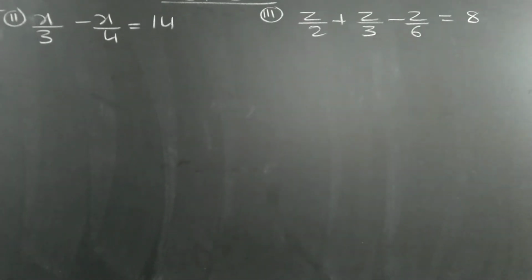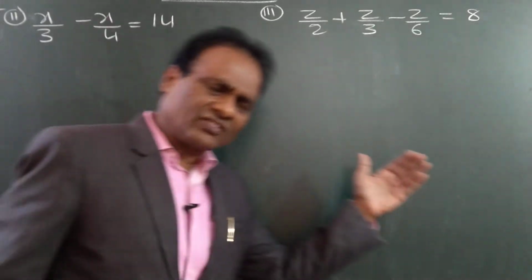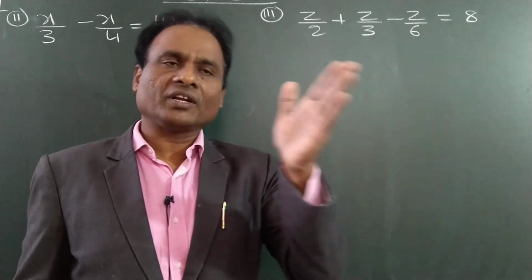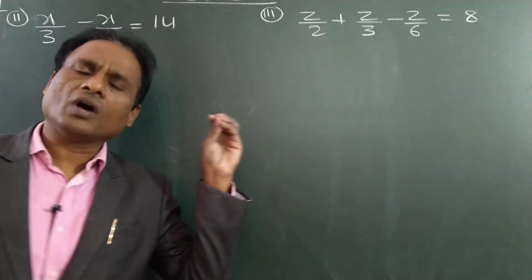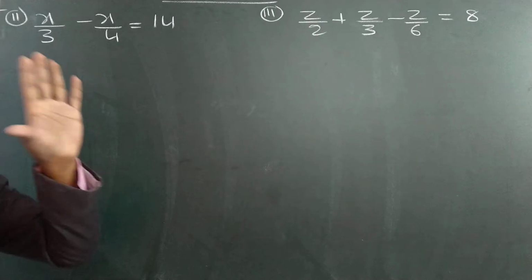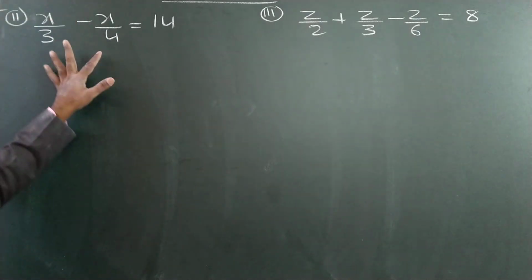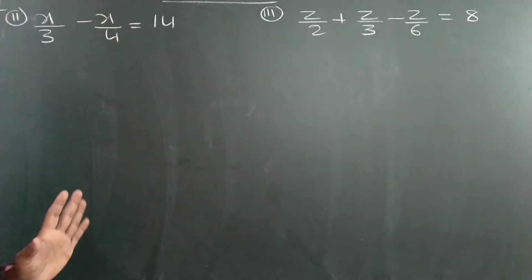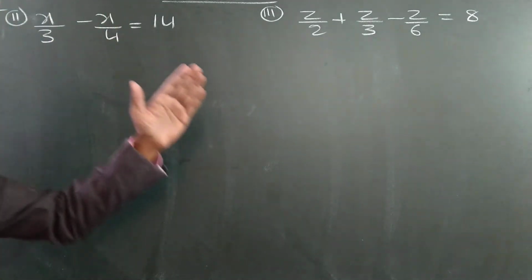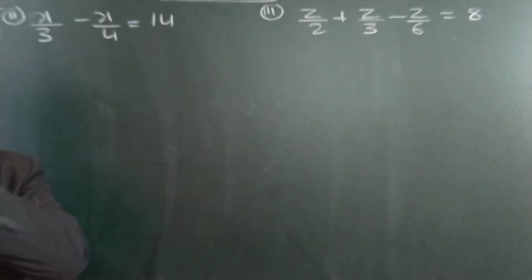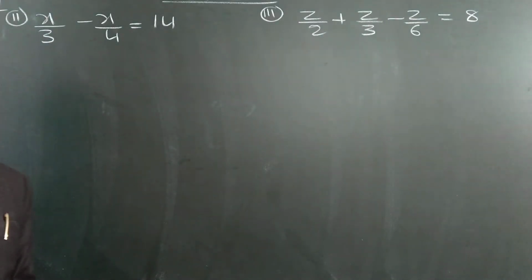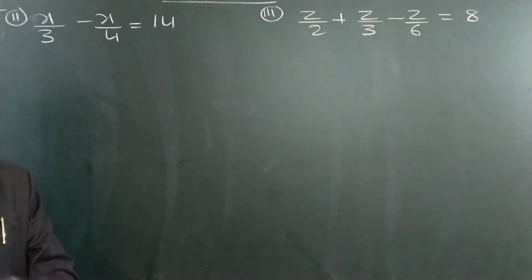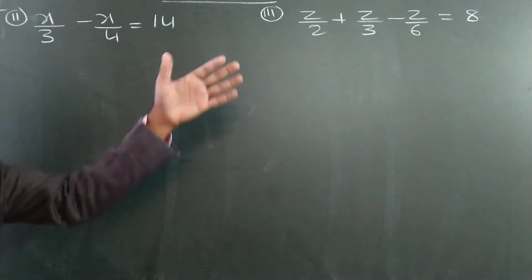Very simple. You know how to solve the equations. As this chapter itself, from the first exercise onwards, 2.1, 2.2, 2.3, 2.4, we completed 4 exercises. All the problems are based on solving the equation, and that too only first degree, x power 1 only. There is no x square problem. Some problems, the direct equation is not given; we have to form the equation and solve it. That is anyway difficult. But when the direct equation is given, it is very simple.